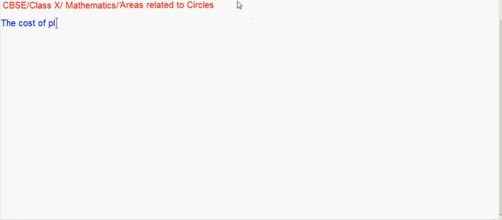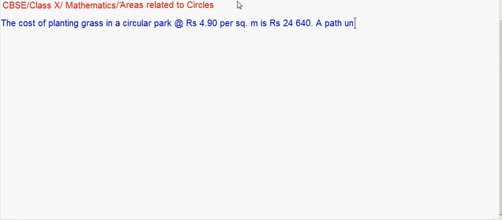The cost of planting grass in a circular park at a rate of rupees 490 per square meter is rupees 24,640. A path of uniform width